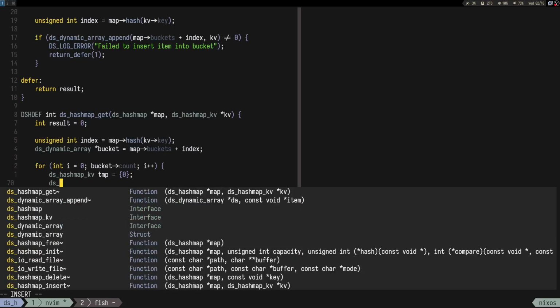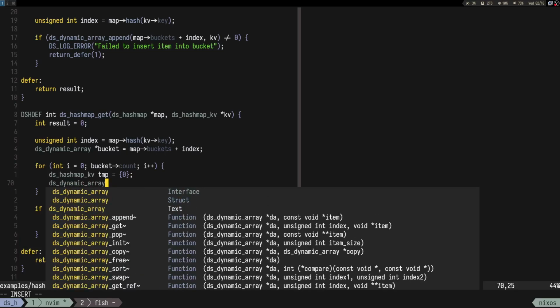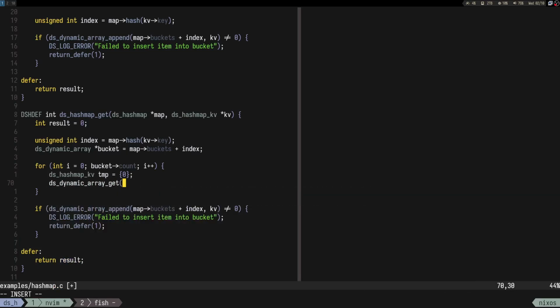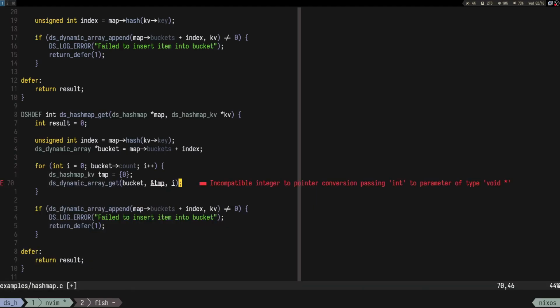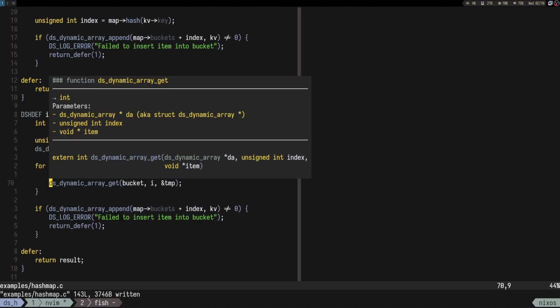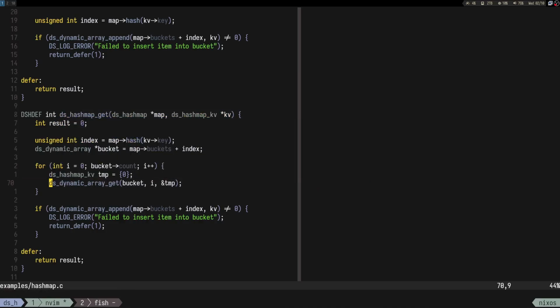And we need to use the dynamic array functions now. So we want to get from bucket, I guess, into temporary from index i, right? Should be the other way around. Okay. So we want to get this item from the bucket,